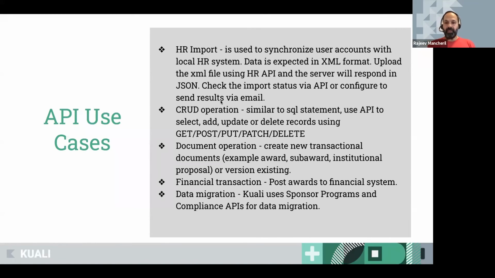We touched on the CRUD operation a little bit earlier. It's just to add, update, delete records, and select using the methods that are available: get, post, put, patch, and delete. Obviously, it's very clear what's being done there. Get is to fetch, post is to create new records, put and patch are pretty much the same, to update. The only difference is that with put, you're sending the entire object back, whereas with patch just the attributes that require a change. So it's always better to use patch if it's available, when you're changing just one attribute.